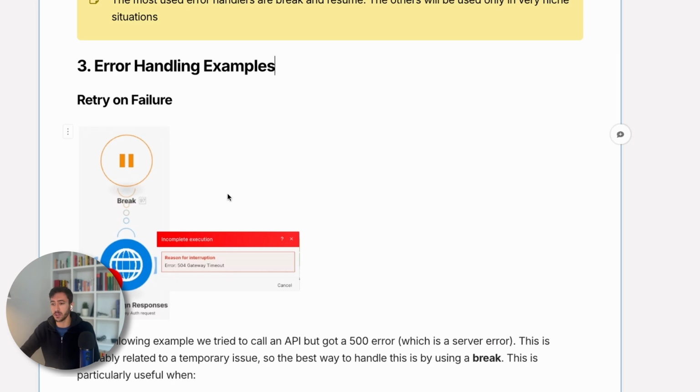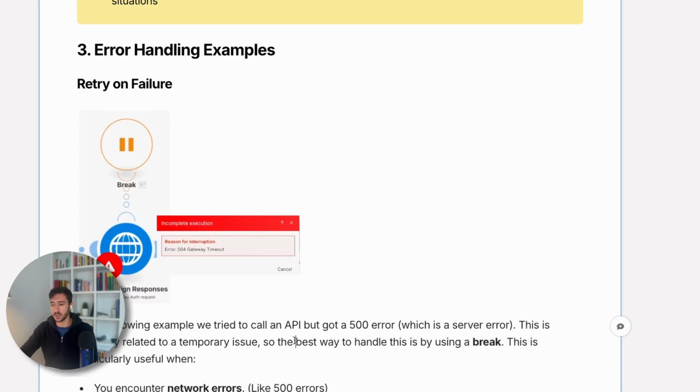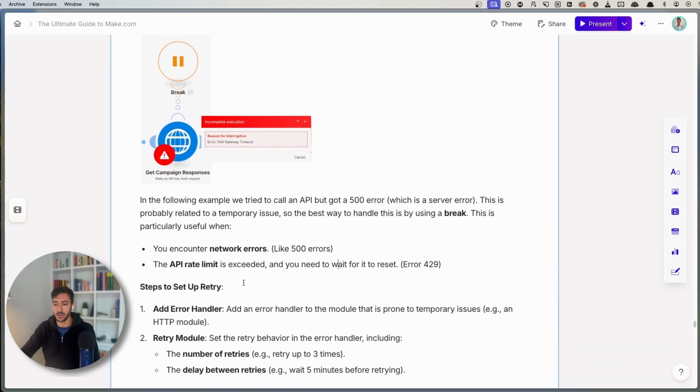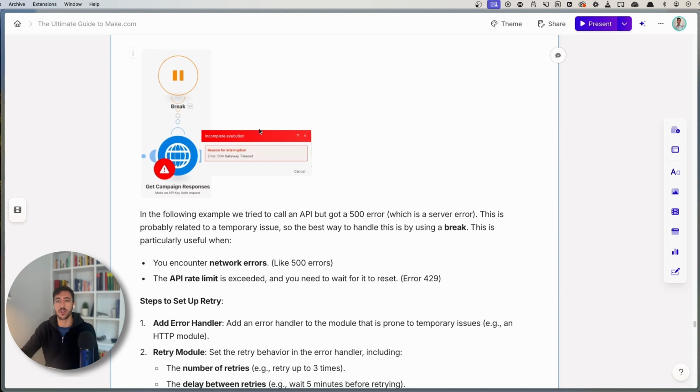of handling different errors. So what we have over here is a 504 error, which is a server error, meaning that what you can do is use a break, and this means that you can retry to run the API after a specific time, because maybe it was a network error or maybe the API limit exceeded or something along those lines. So the break one is probably the one that you will use the most